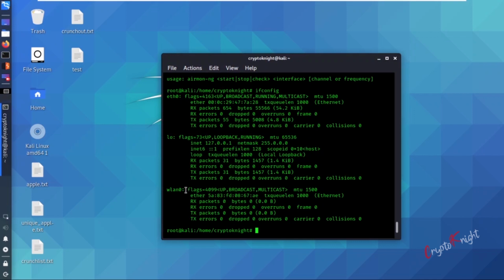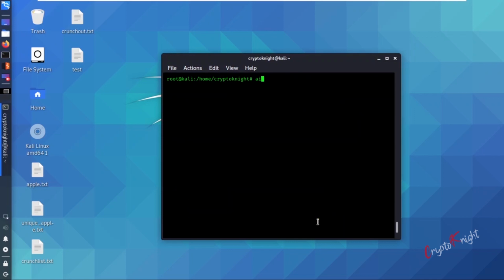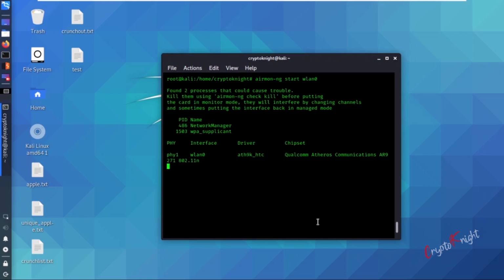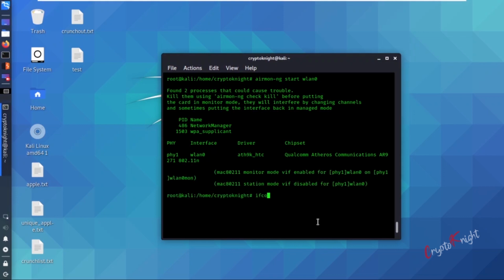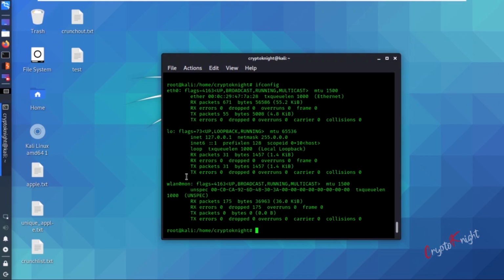So this is the name of the interface that we are focusing on, so our command will become airmon-ng start wlan0 and hit enter. Now if we do ifconfig, we can see wlan0mon. Mon means it is now in monitor mode. So in this step we activated the monitor mode so that we are able to sniff packets.